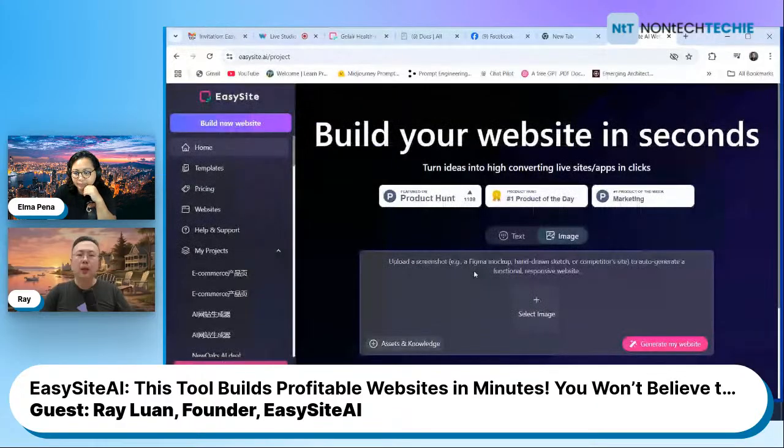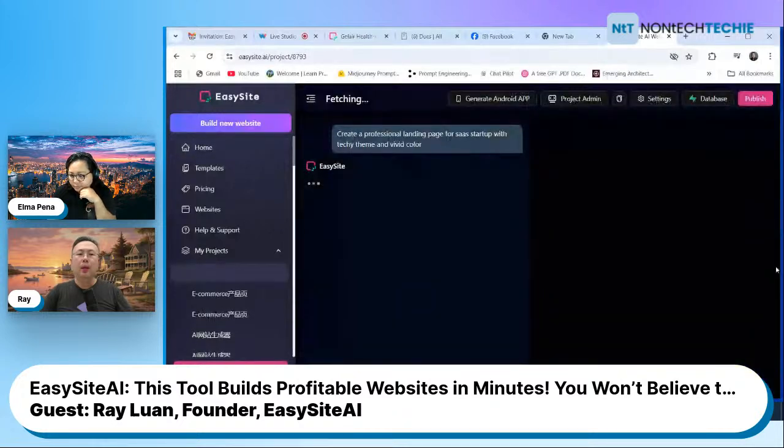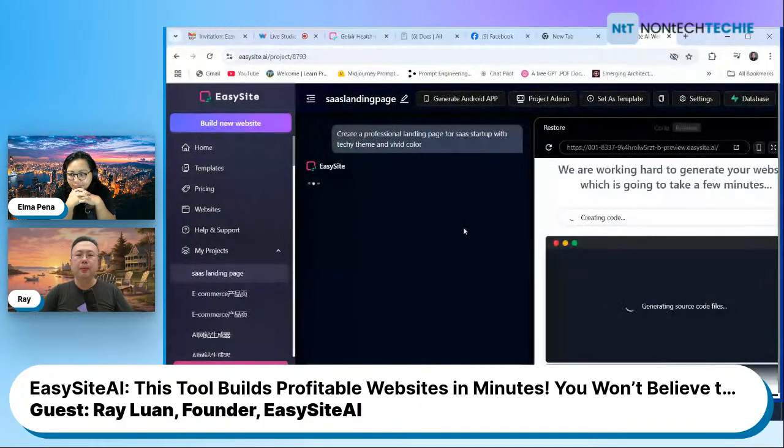Say if I click SaaS website for a startup, so it's already built the prompt template for you, and then you click the generate website. So the prompt is create a professional landing page for SaaS startup with techy theme and vivid color. So now it is the main panel for AI generating the code. On the left hand side, that's prompt window. So you can always write prompt here